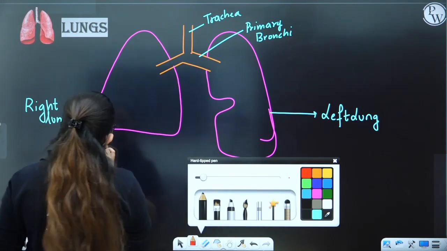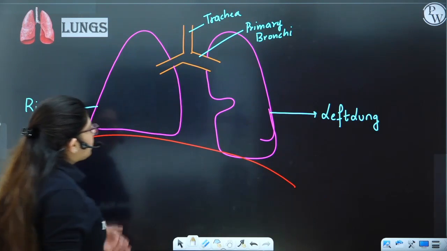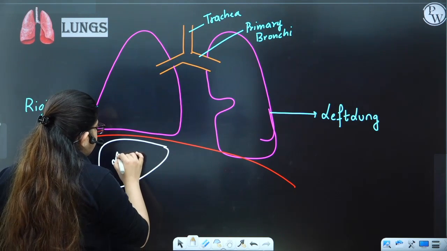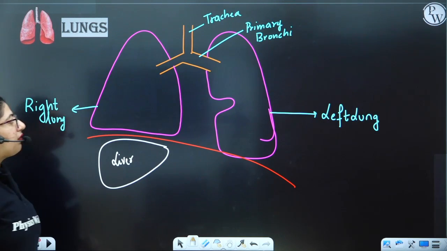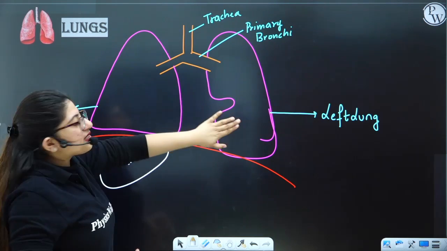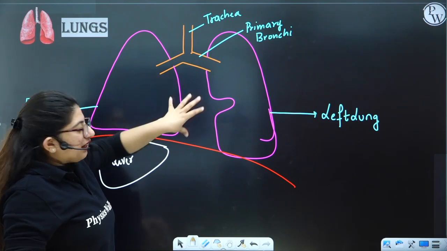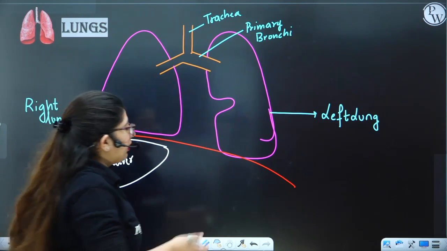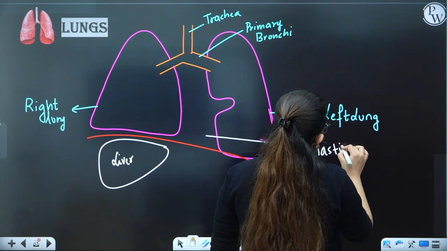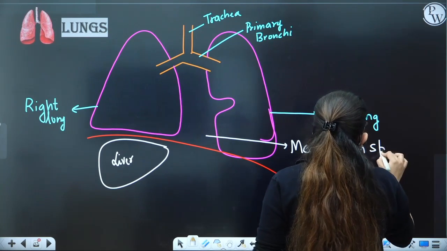And this is the diaphragm, muscular flap. The left lung is longer and this one is shorter because here we have liver on the right side. So due to presence of liver, the right lung is little smaller, not longer. But this one is thinner due to heart. This center space between the lungs is known as mediastinum space. What is mediastinum space? It's the space between the lungs.